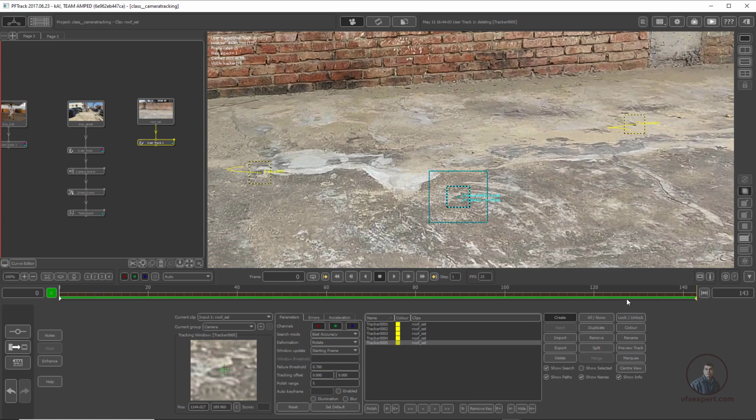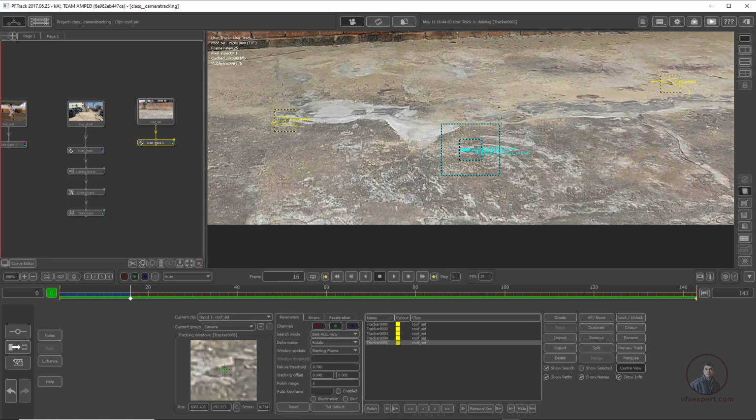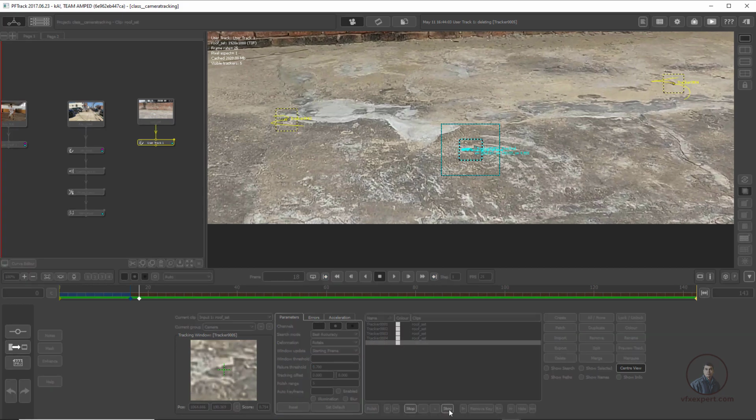So simply click on set default. Even you can also click here on the right side, center view. Center view means this will place your tracker at center while you track. So this will not move here and here according to the camera. It will only be placed in center while you track your tracker here. So now again track. So click on this forward here. So now you can see this tracker is simply in center. Now you can see, again click on forward here.